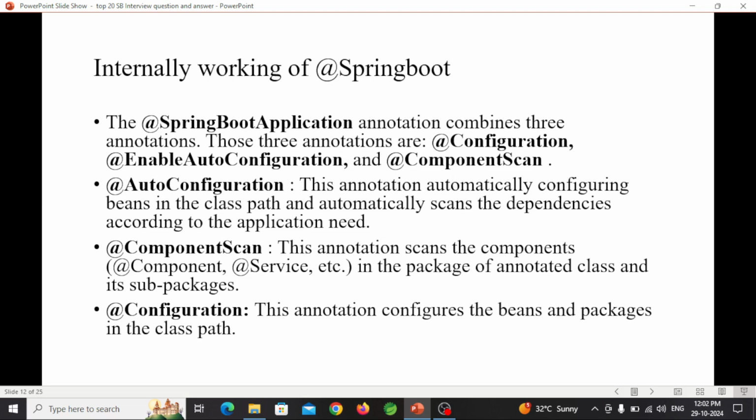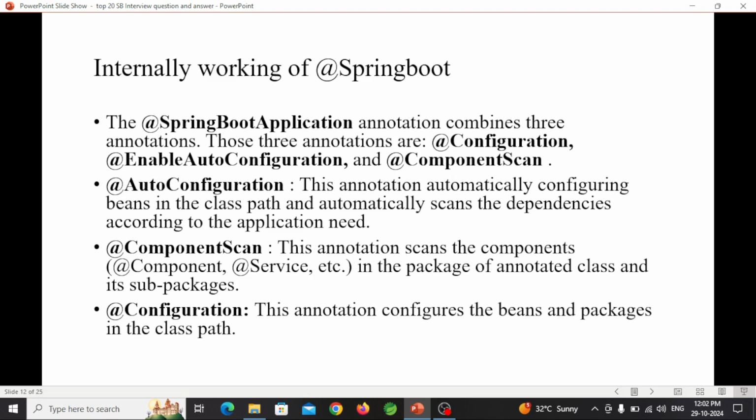Initially, the @SpringBootApplication annotation combines three annotations. These three annotations are basically @Configuration, @EnableAutoConfiguration, and @ComponentScan. Now a brief explanation of each annotation. First is @EnableAutoConfiguration. This annotation automatically configures beans in the classpath and automatically scans the dependencies according to the application's needs.